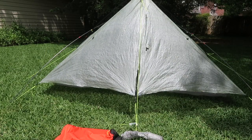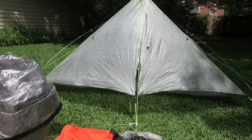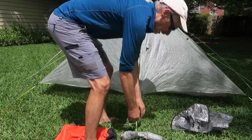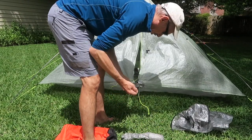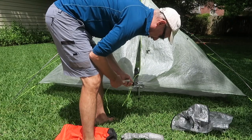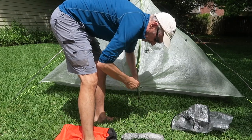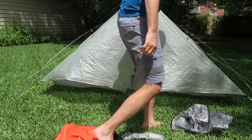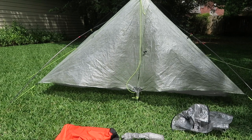Okay, you ask, well, you've set it up in 5 minutes. How much time does it take to take it down and pack it up? Well, let's just do that here. So I take the apex stake out, I pull this up into the shampoo bottle, wrap the excess around, put it through the notch so it doesn't become undone. Take this tent stake out,